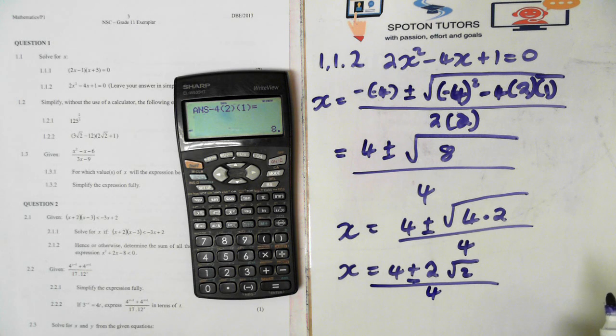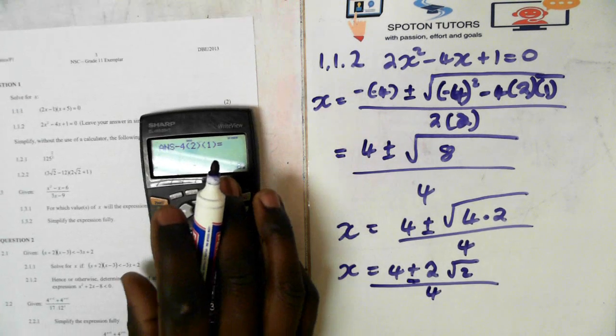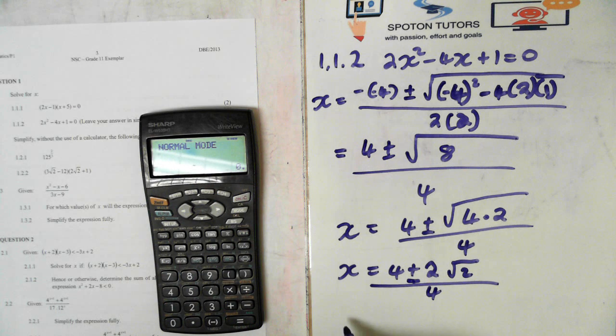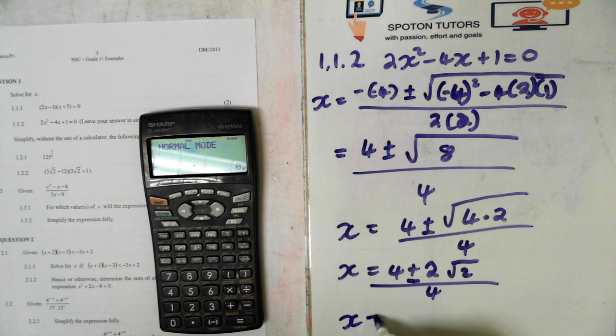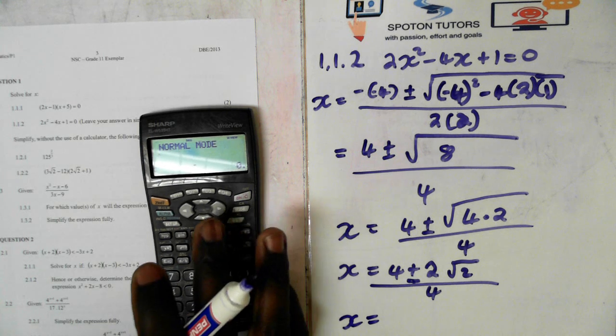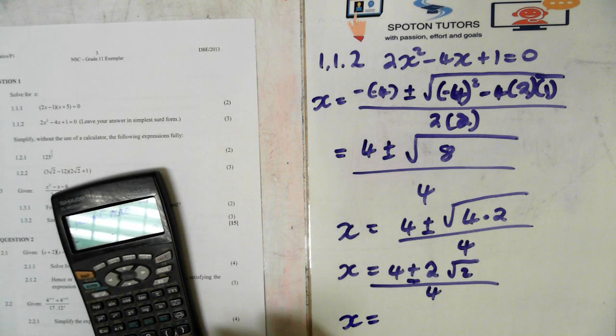Now when you've got this answer, you can find your answer easily from your calculator. You can have 2 ways of finding x. x can either be equal to, they said solve for x, so let's solve x. x can either be, let's take the plus sign,